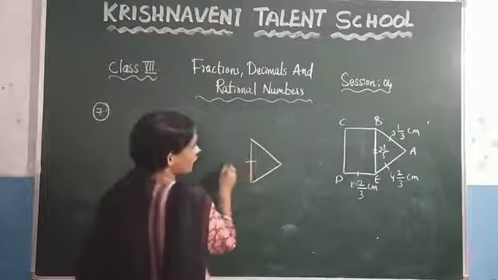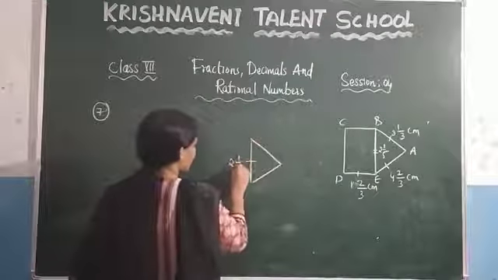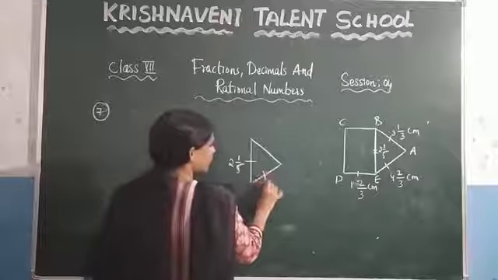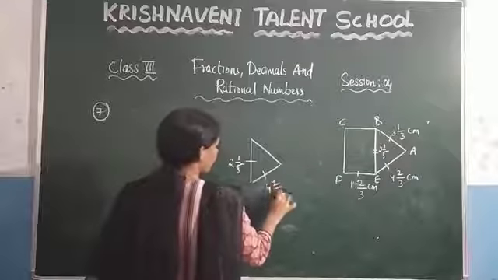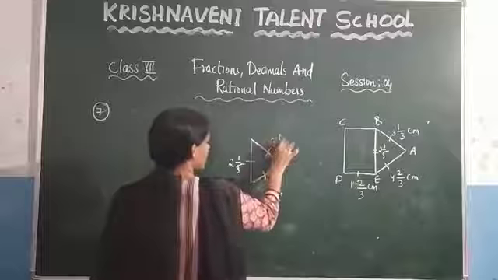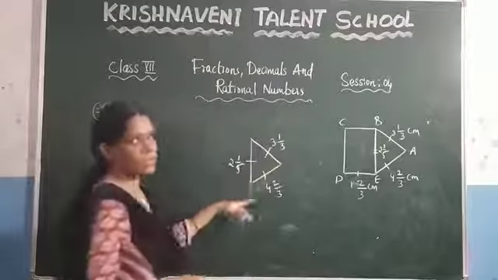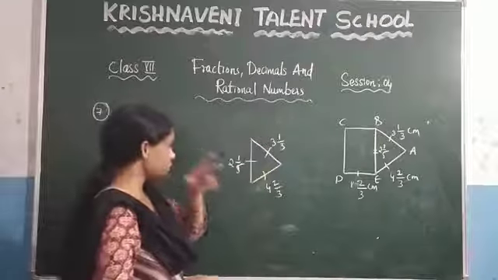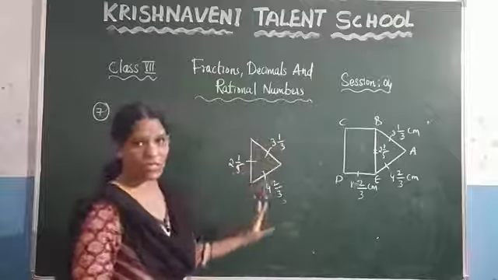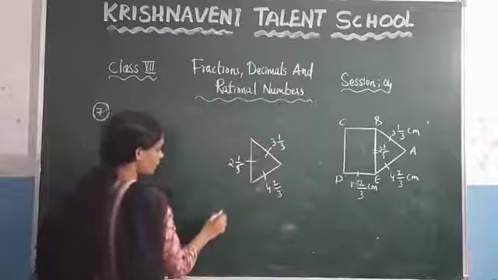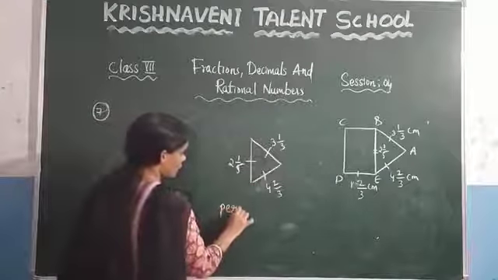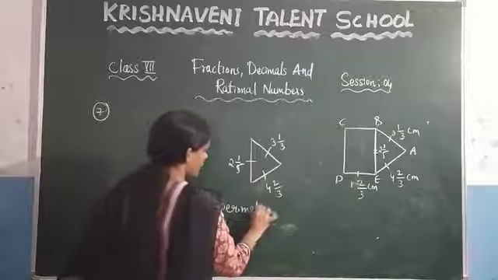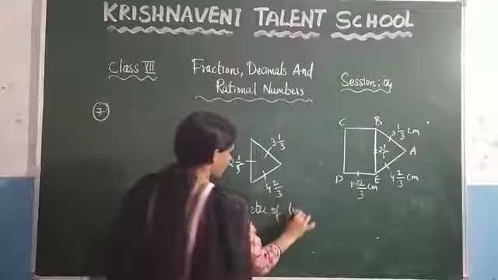So, what is the length they have given here? This one is 2 1 by 5, and here this one they have given as 4 2 by 3, and this one they have given as 3 1 by 3. If you want to find the perimeter of this triangle, what we need to do? Just we need to take the sum of the sides of the triangle. So here, the perimeter of the triangle will be what you will get here. The perimeter of the triangle